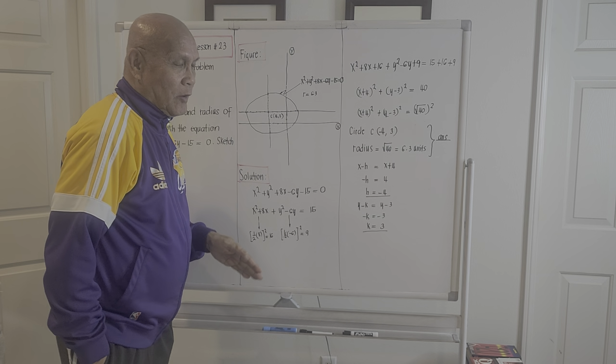The given equation is actually of the form of a quadratic equation. If I rearrange the x term and y term, it will be something like this: x squared, and beside it 8x, then y squared, and beside it the y term, minus 6y. The pure constant term, I will transpose to the right, so this is now equal to plus 15. To arrive at this equation here,